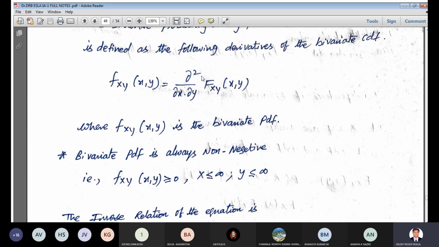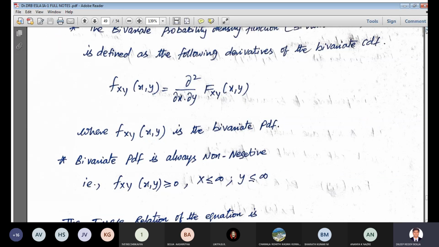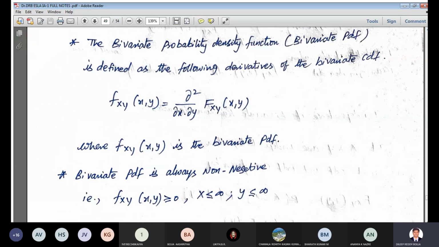So this complete portion is the CDF part, the cumulative distribution. What we are trying to find is the probability density function, the PDF. So this is the PDF part, f of x comma y. When I write capital X and Y, the variables in the parentheses are to be small letters. This is the bivariate PDF function that we have here.